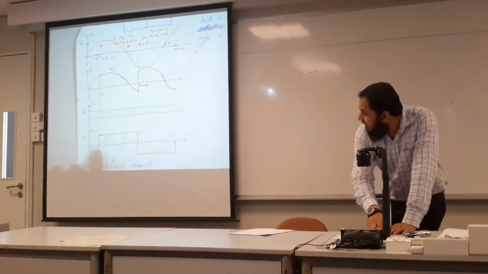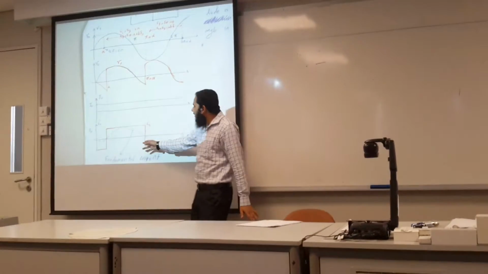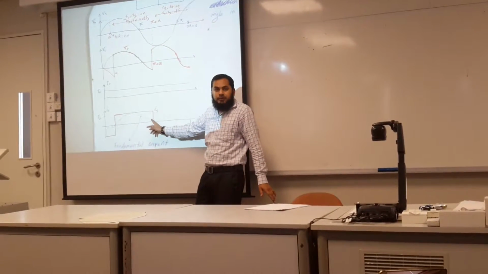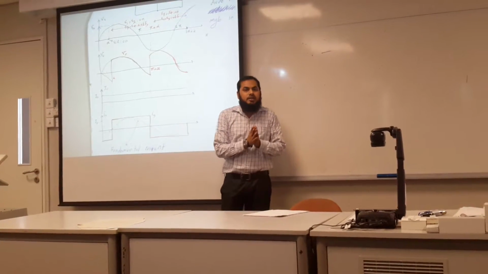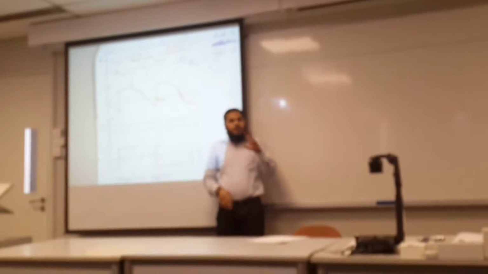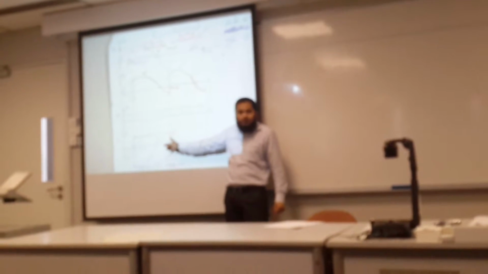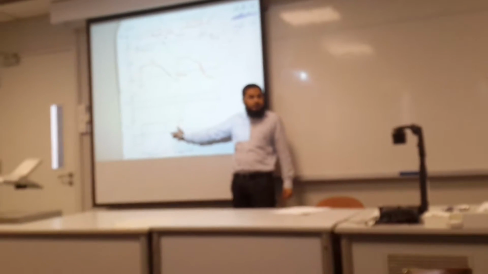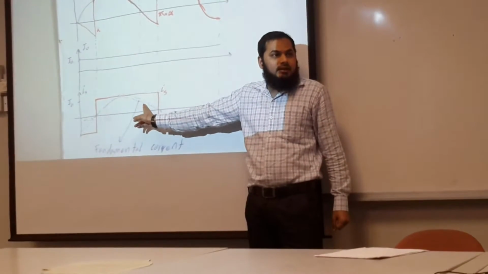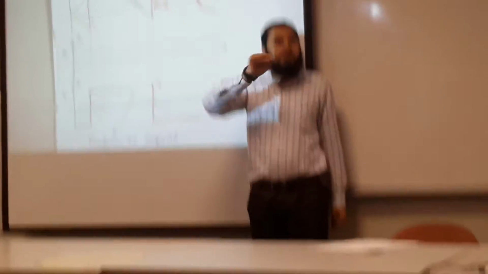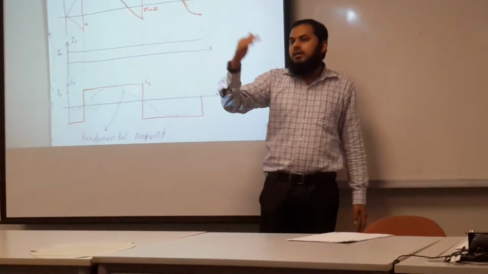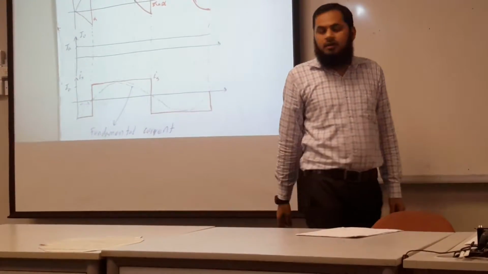Now again this is a square wave, and what will be the fundamental component? This one is the fundamental component drawn by the blue line. So if somebody asks you to calculate THD for this waveform, what do you have to do? You have to again find two things: the RMS of this red waveform, and C1 of this fundamental, and then you can put C1 by root 2, because the fundamental is anyway a sine wave. You can put C1 by root 2, and then we can find THD from the formula. Okay.